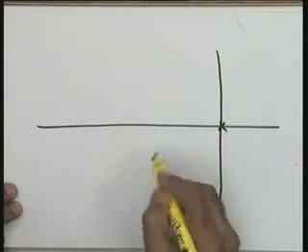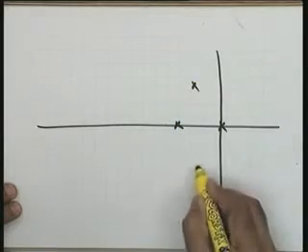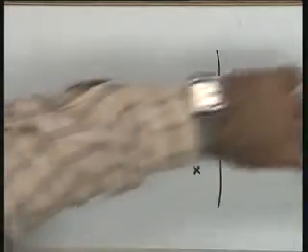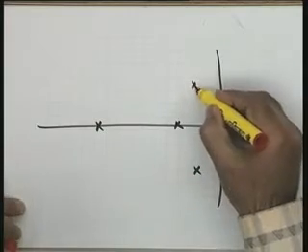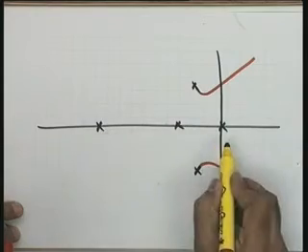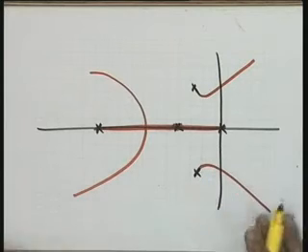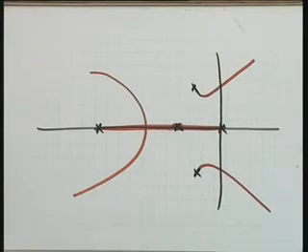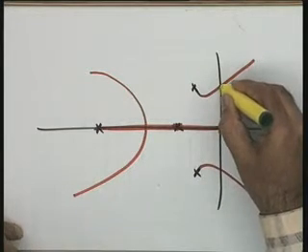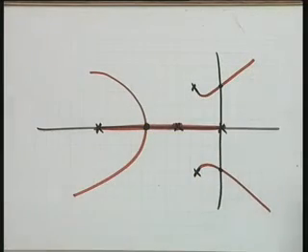Now if this is okay, yet my discussion on this example is not complete. Let me say, how do I use this information? I have taken this as minus 1, this as minus 1, this as minus 1, this as minus 3. No, there is no pole here, sorry. This is the root locus sketch you have already made, but please note that you cannot take any quantitative information from this sketch unless it is required only at these points for which you have made exact calculations. Otherwise it is a rough sketch.